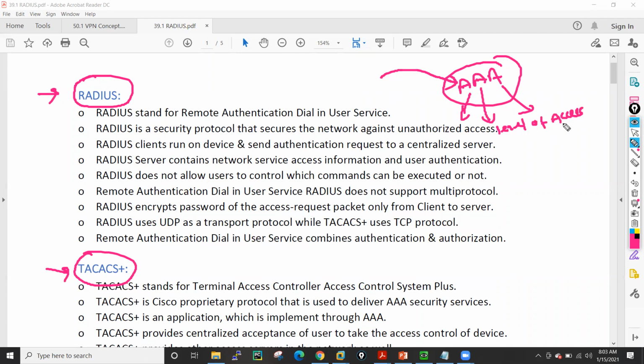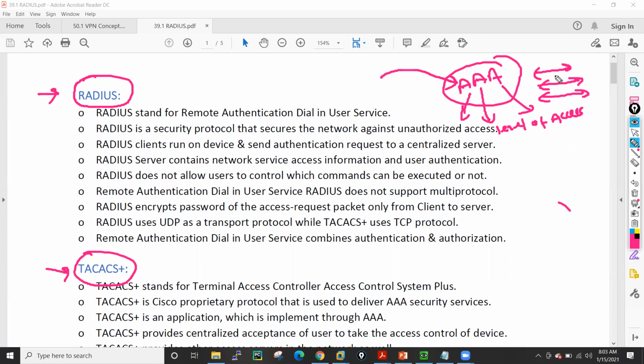And accounting means whatever the user is doing, everything is logged or not. Whatever activity he's doing, maybe he's changing something, deleting something, adding something, we have an account of everything.